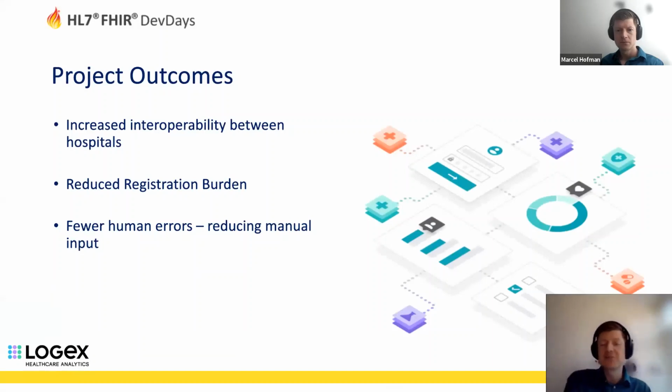Before we go into the ins and outs of this project, let me share the project outcomes with you. We set up FHIR connectivity for handling data for the HemoNet registry, where lab data was modeled in LOINC codes and connected with patients. We achieved increased interoperability between hospitals as we could add datasets parallel with other hospitals. The project also created proof points for automated data delivery based on standards with multiple hospitals, and also opened up opportunities to expand to other registries with these hospitals, which as a result led to reduced registration burden and also reduced the manual input.